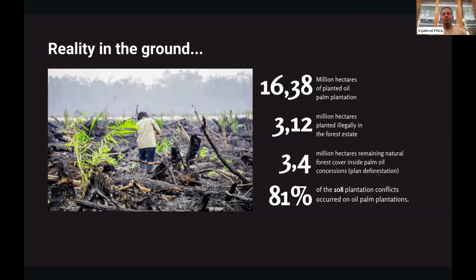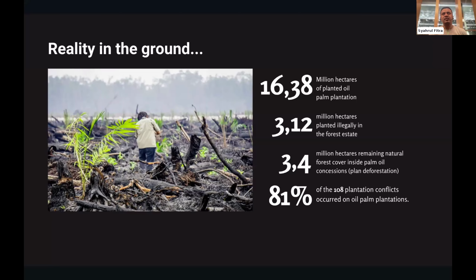And if they are still converting 3.4 million hectares of forest, I think it will be easier in the future to identify, oh, this palm oil is linked with the brand, for example. So it will be helpful for journalists, also for certification bodies, or for countries who want to be serious about the supply chain of their products.